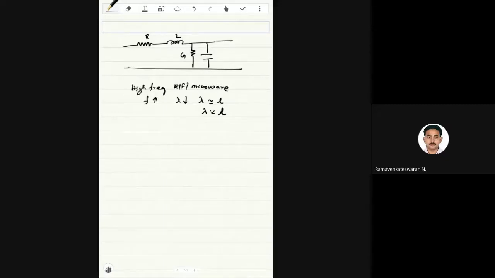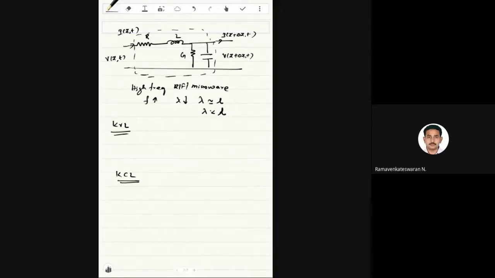So that's the reason the voltage and current will change, and we give that name V of Z comma T and I of Z comma T. Here the receiving end voltage is V of Z plus del Z comma T, and this is I of Z plus del Z comma T. So this is a lumped model for high frequency circuits. Now I'll apply KVL and KCL. With KVL, the supply voltage equals the drop of voltages across R, across L, and the output.